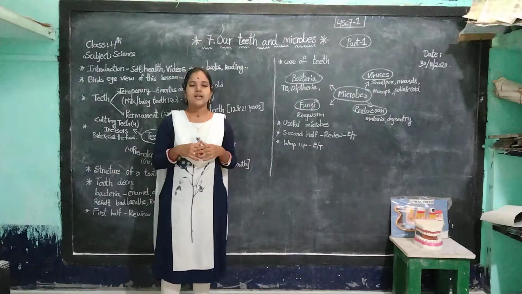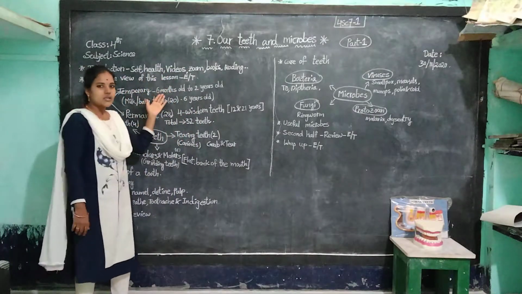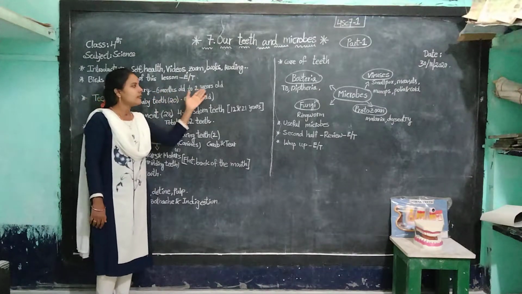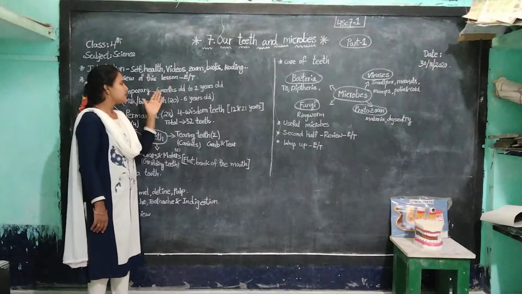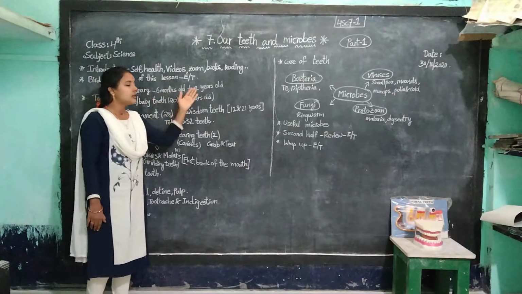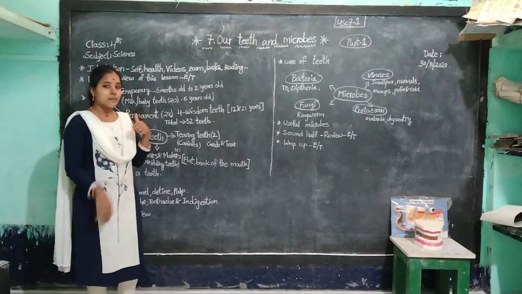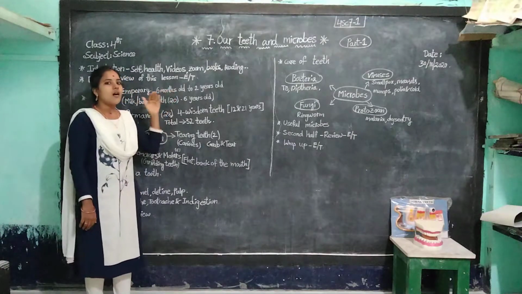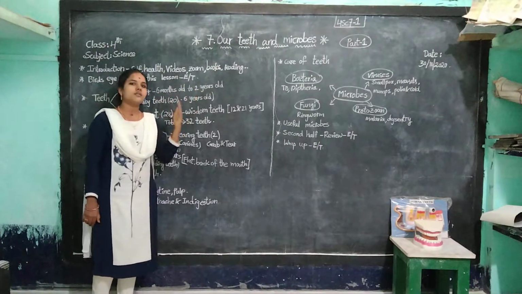2 sets of teeth. The first set of teeth begins to come when the child is 6 months old, and continues until 2 years old. Okay, the first set of teeth, from when do we get teeth? The baby at 6 months gets teeth for the first time, and they keep coming until 2 years.